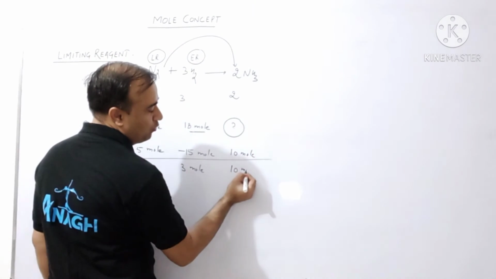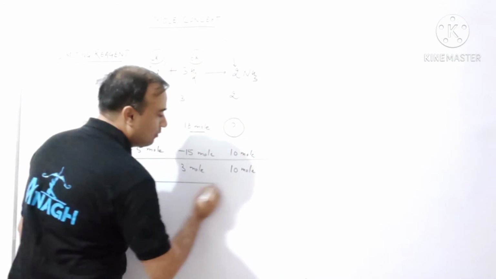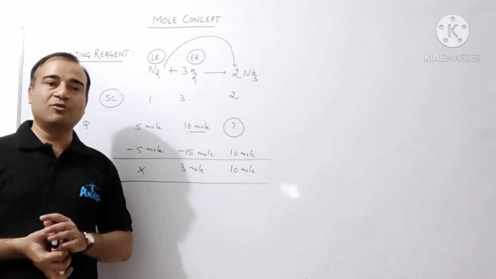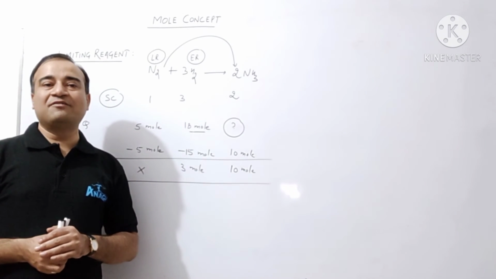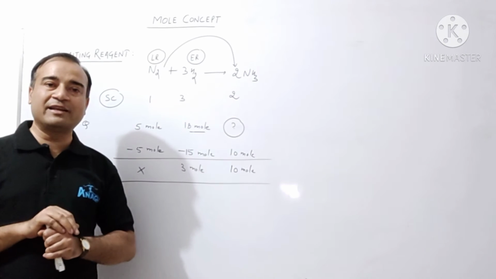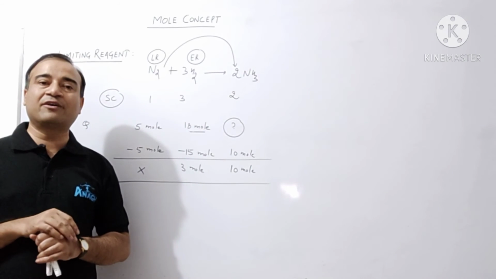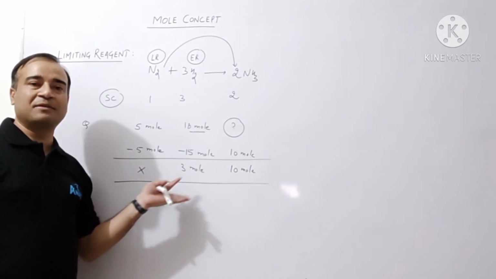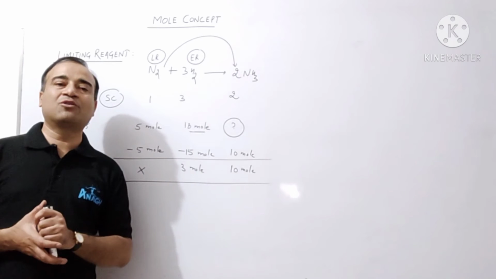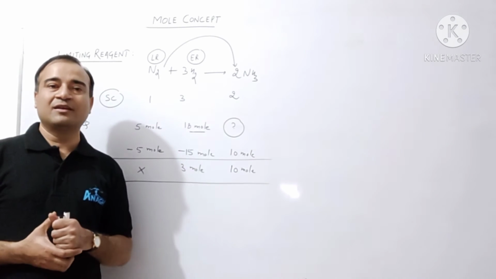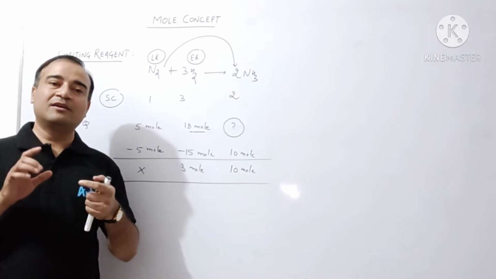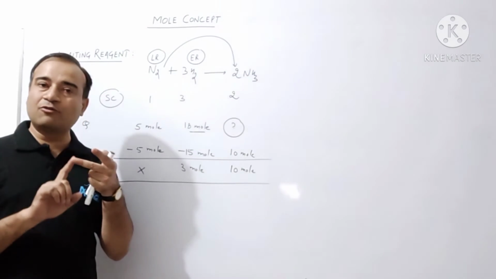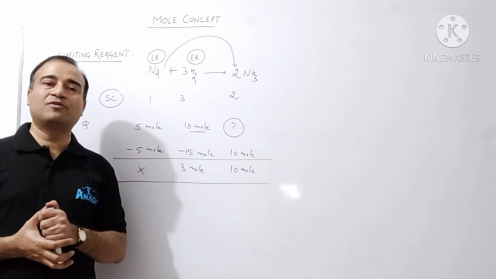So the net output of the reaction is 3 moles of H2 left unreacted as well as 10 moles of ammonia formed. So in this way, we can first determine which reagent is the limiting reagent, and after confirming this reagent is limiting, then by this process we can get the amount of product as well as the amount of reactant unreacted. In this question, we completely answered 3 questions: limiting reagent, amount of product, as well as amount of another reagent